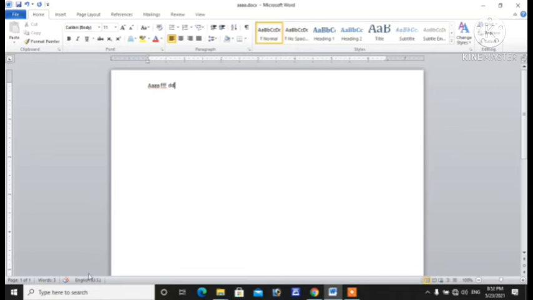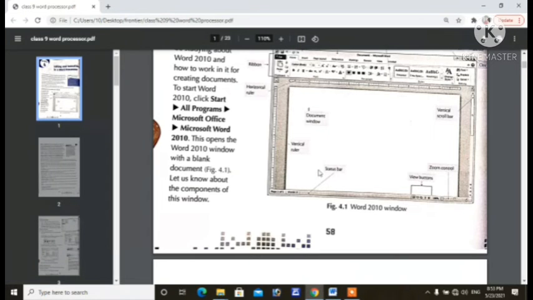Then you can also set the language, which language you want to use. By default it is English US. So what do we have next? Next we have the